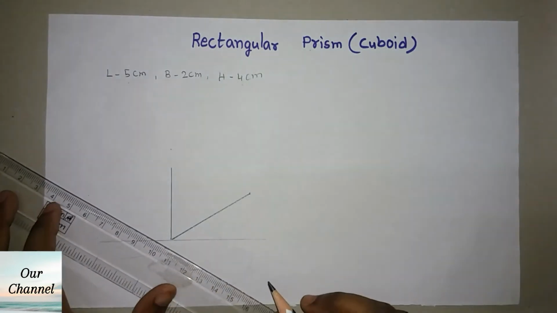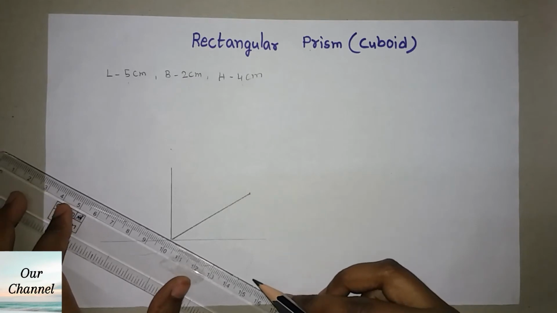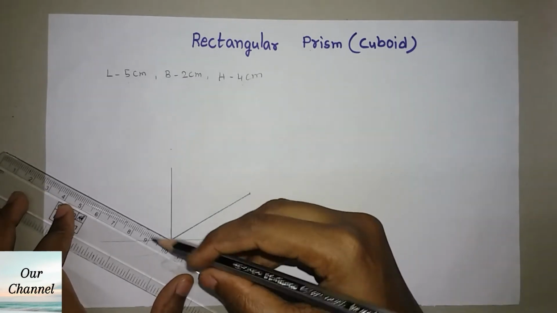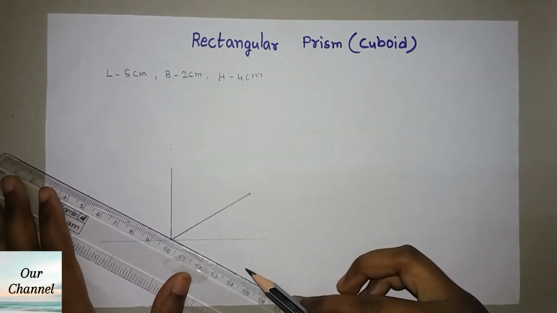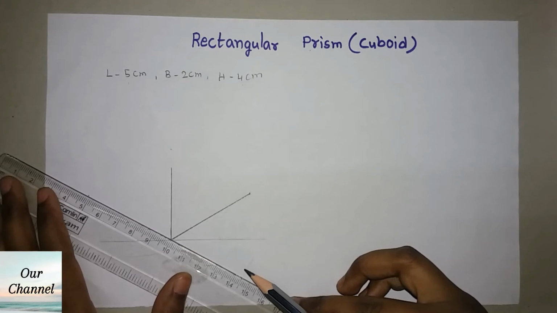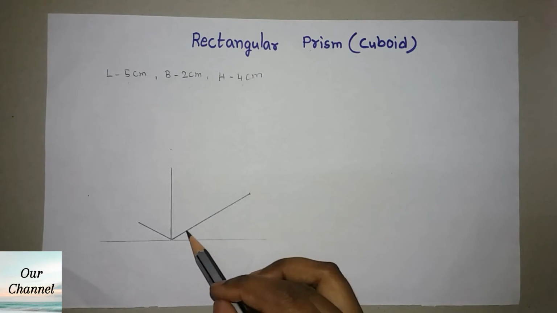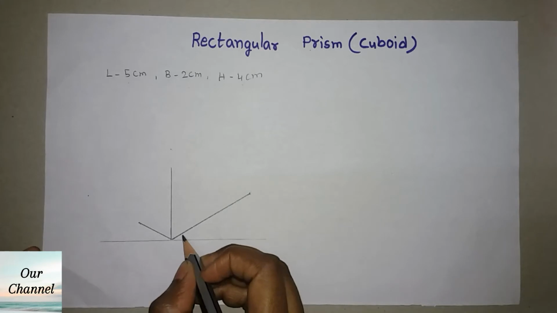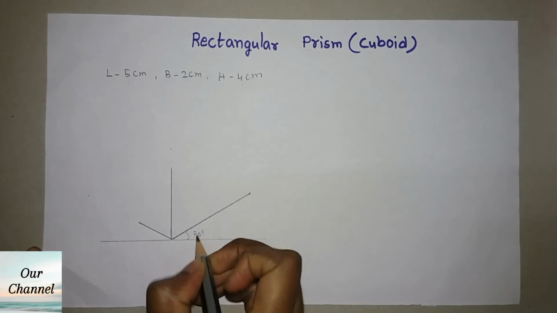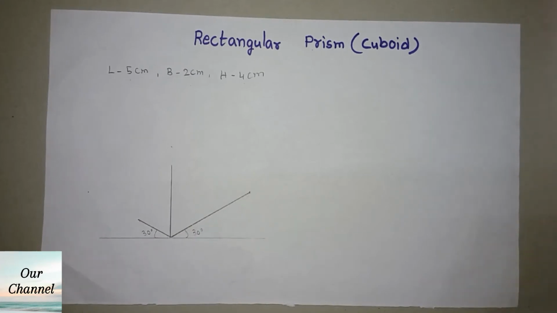Now on the left side we have to take the breadth, that is 2 centimeters. This is the point here which is making a 30 degrees angle. We are drawing a line, that is the breadth, 2 centimeters. So this is the length, height, and this is the breadth. So this is making 30 degrees and this is also 30 degrees. If you take the 30 degrees angle, the isometric view will look good.